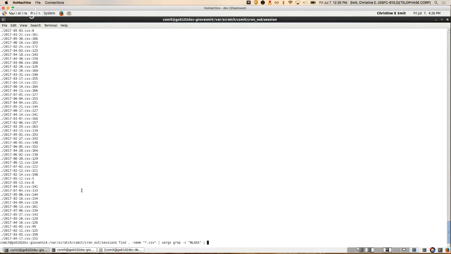So if I do a grep -v colon 0, now it's removed that entry that had 0 instances.